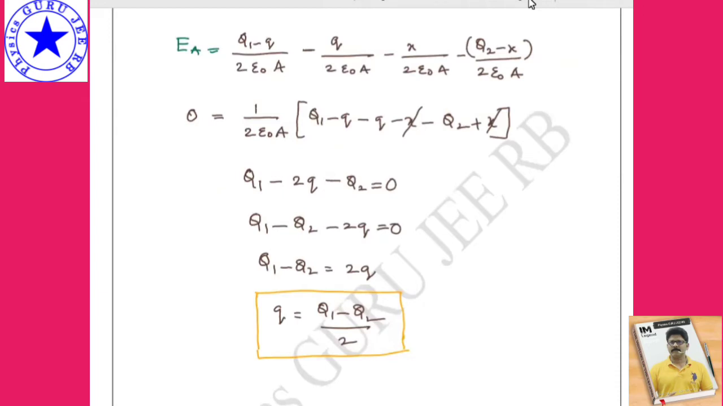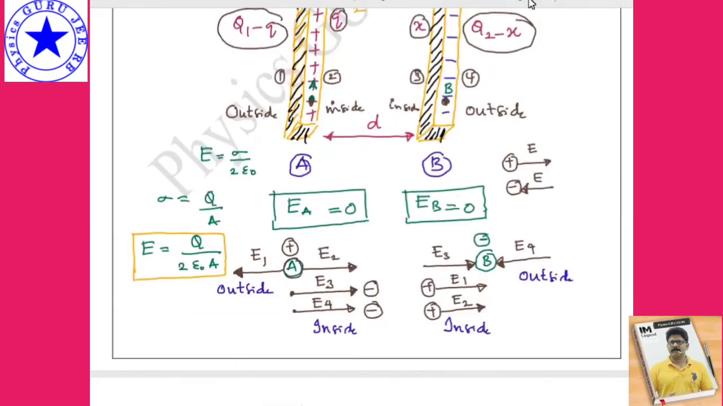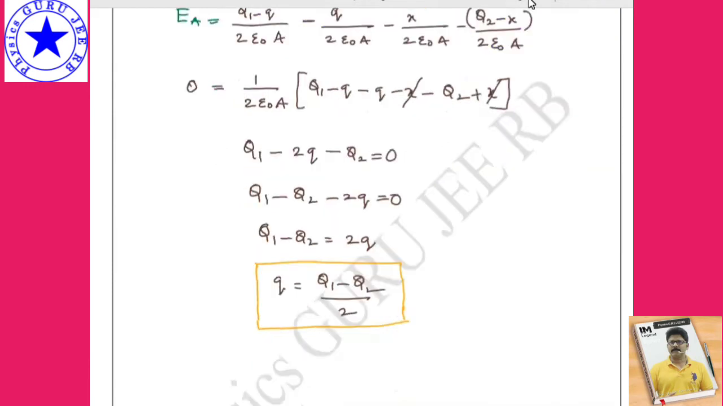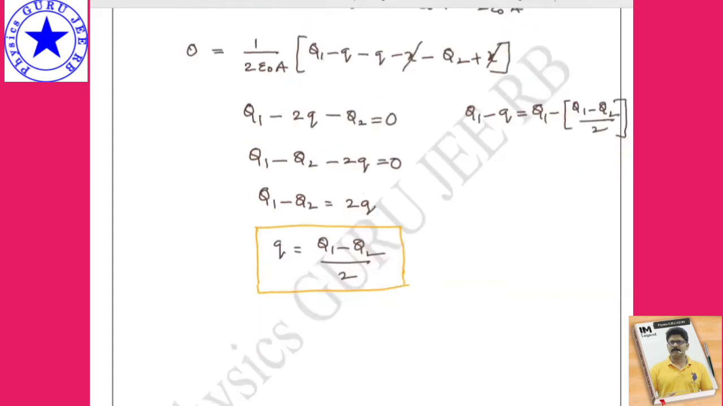Here we want the outside first surface, outside Q1 minus q. So outside, if I take Q1 minus q equals Q1 minus small q, we got it as (Q1 minus Q2) divided by 2, right? Then Q1 minus q is equal to 2Q1, right? 2Q1 minus (Q1 plus Q2) divided by 2, or simply I can write Q1 minus q is equal to